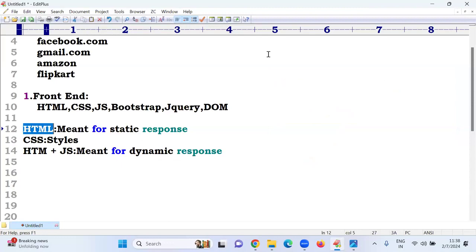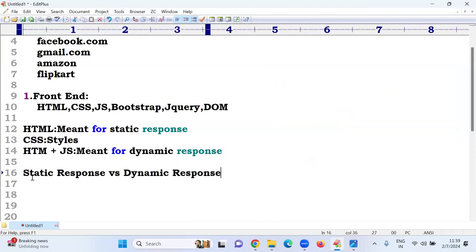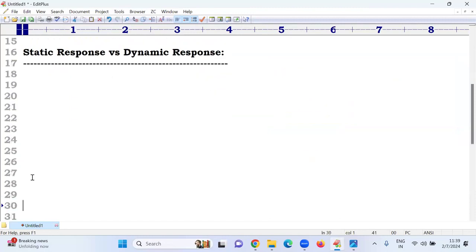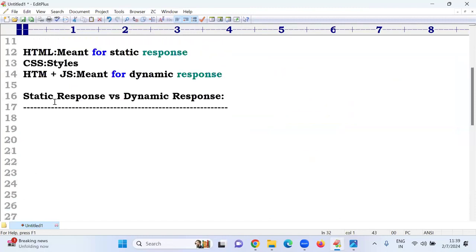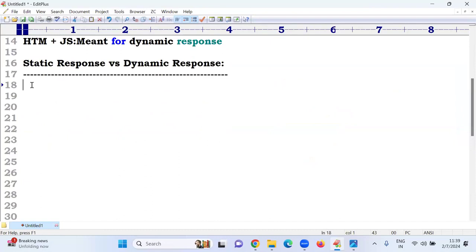But the major important question here is, what is static response versus dynamic response? This is a very important question. Wherever you go, it is the first one. Anyone, what is a static response?